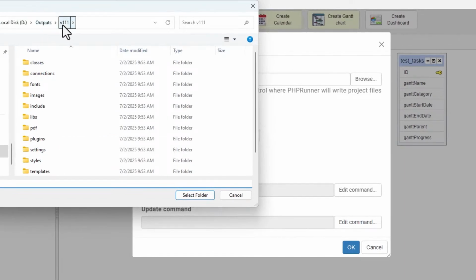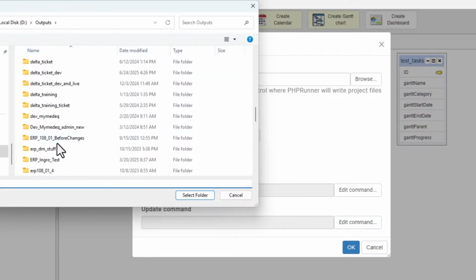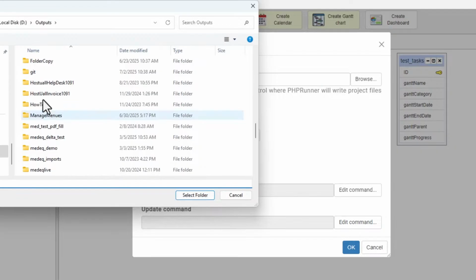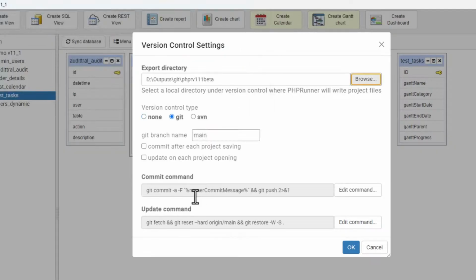So it's already there. Let's just go one back here, outputs, and then git. There's a git folder somewhere here. There we go, git, and then that one, select folder, and you will see that it automatically chooses git for me, because it can tell that this is for git and not svn.